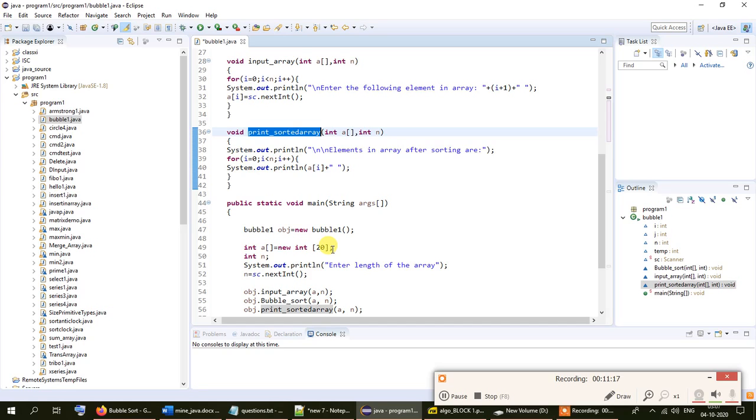So for that reason we are using the n variable to control the number of elements that we can enter into the array every time we run the program.